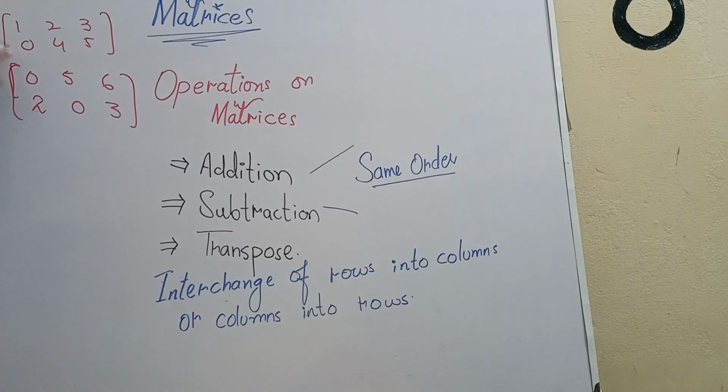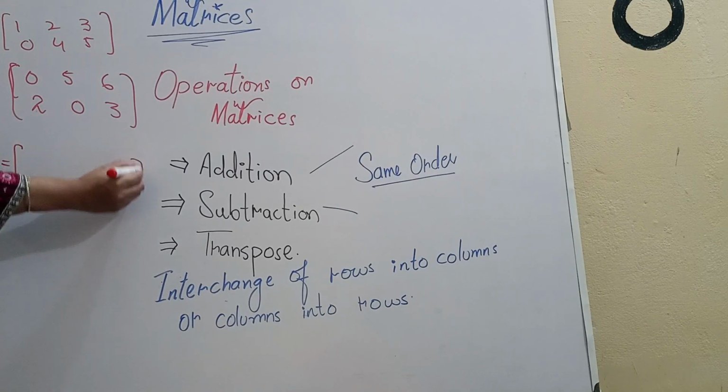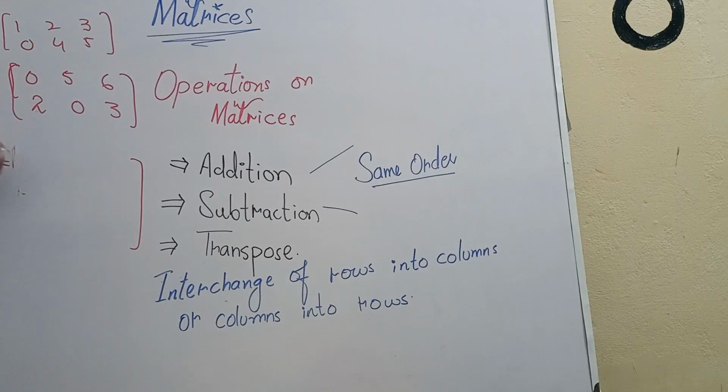So friends, as you can see up here, matrix A is of order 2 rows and 3 columns, 2 cross 3. Similarly, matrix B is of order 2 cross 3. So these two matrices are compatible for addition. For addition, first you have to write the name of the matrix with an addition sign, and then you have to add them. And for addition, you have to add every single number with the number in the same place